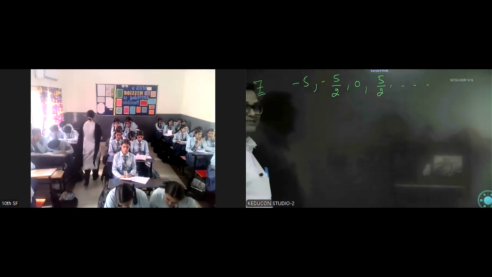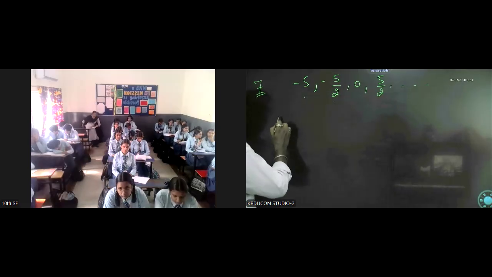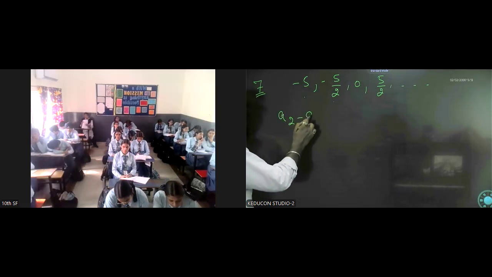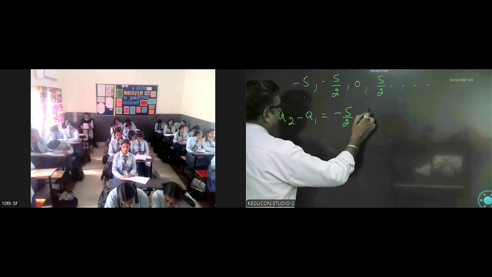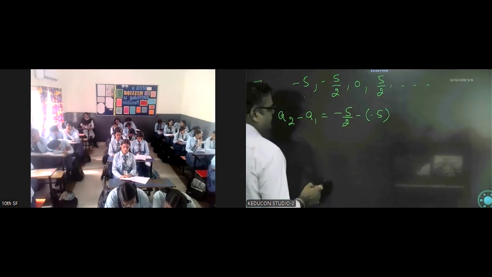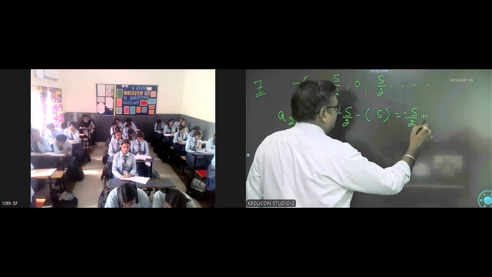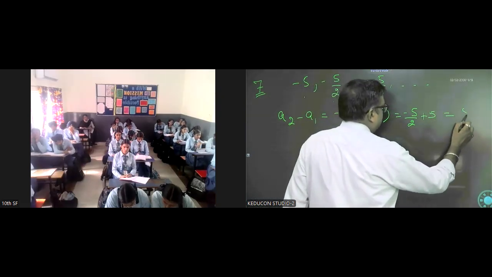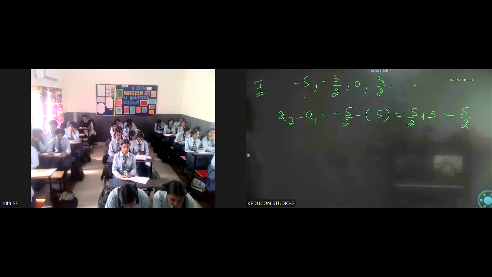How will you check this is an arithmetic progression? This is A2, this is A1, this is A3. A2 minus A1, what will it be? Minus 5 by 2 minus 5. So what is D? Minus 5 by 2 plus 5. Solving this, it will be 5 by 2. So D is 5 by 2. Now check